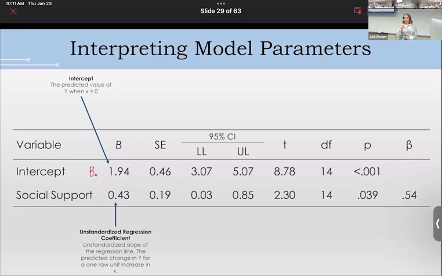Questions? I'm going to pause after each one because this slide is an important one. Ready for the next one? Yes, good. So if you think about a graph, this is positive 0.43. This is social support here, and it's a scale, so it's 1, 2, 3, 4, 5. Let's say it goes to 7. As social support goes up by 1 unit on the scale, self-esteem is going to go up by 0.43 units